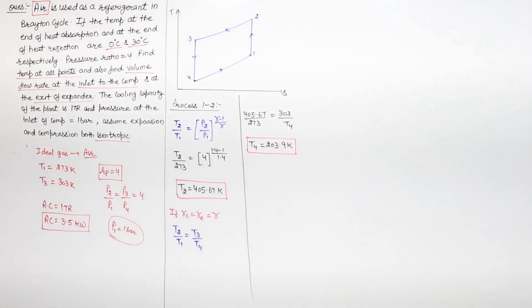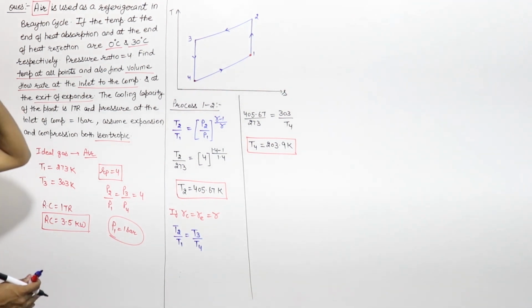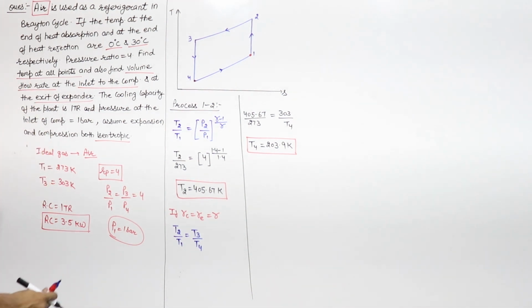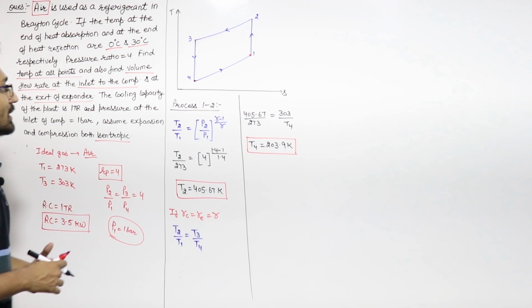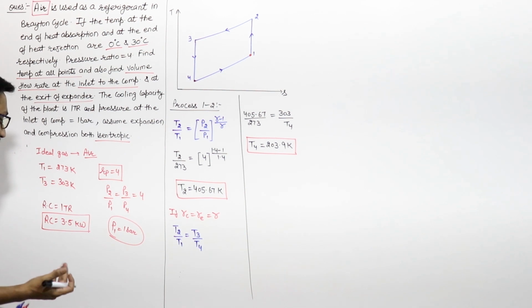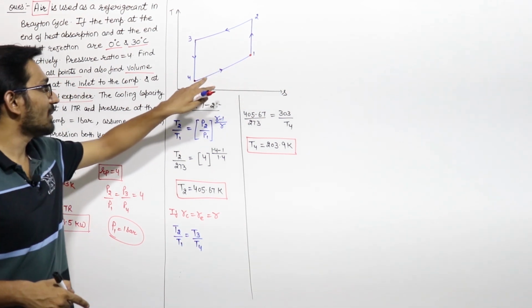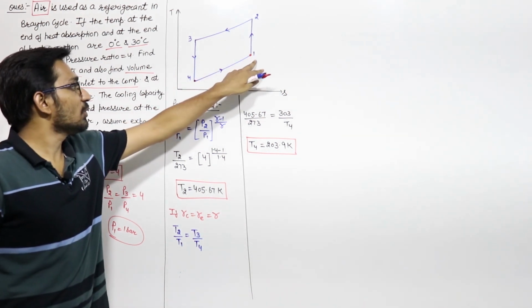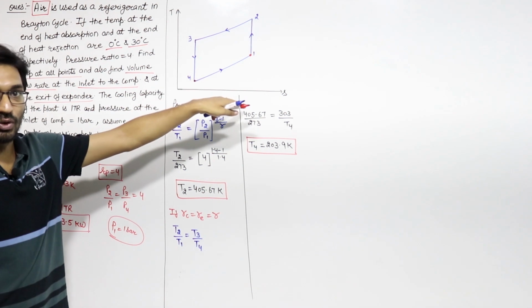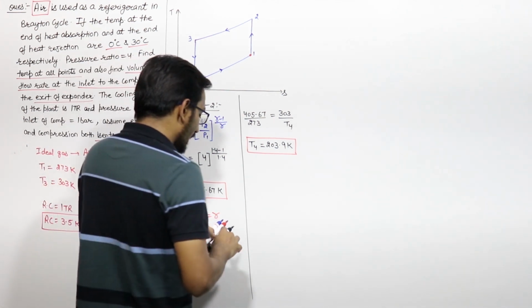Right, this is T4. Now we have to find the volume flow rate. First of all, let us see what the mass flow rate of the air is. How will we get the mass flow rate? From the value of refrigeration capacity. Refrigeration capacity is equal to mass flow rate into refrigeration effect, and refrigeration effect is equal to H1 minus H4, that is Cp into T1 minus T4. Refrigeration capacity we know, refrigeration effect we know, then we will get the mass flow rate. So let us solve for the mass flow rate first.